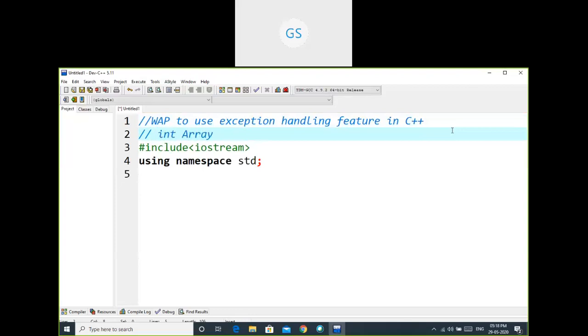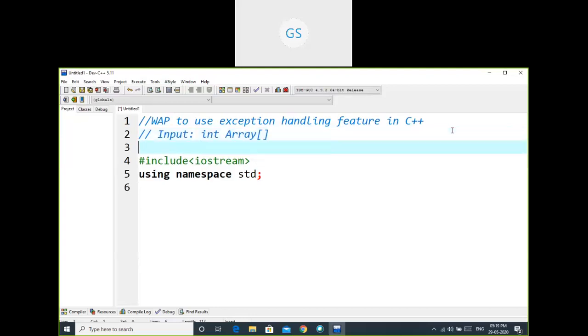This is a division task, and one input is the integer array. Another input is a number. These are the two inputs given to the program, and our expectation is to print the output